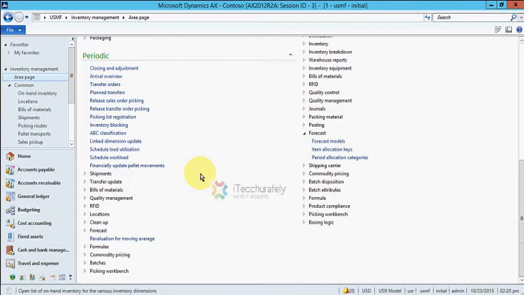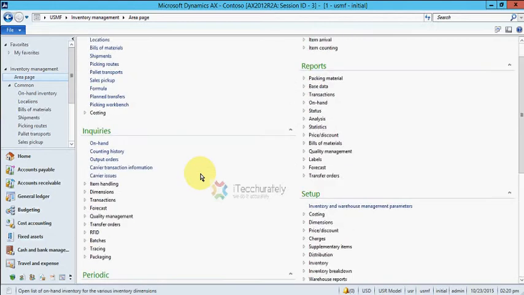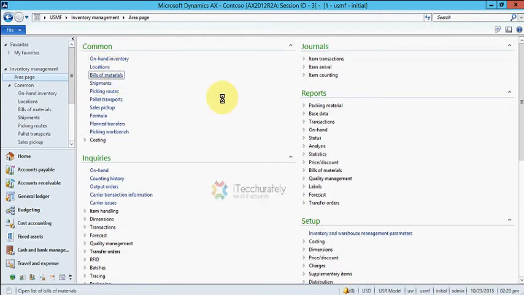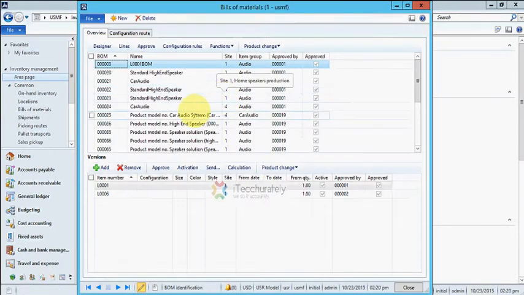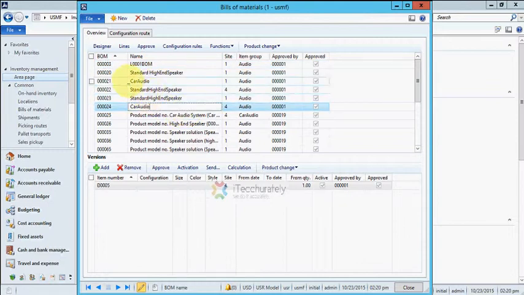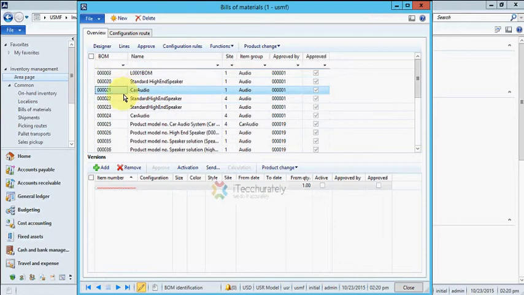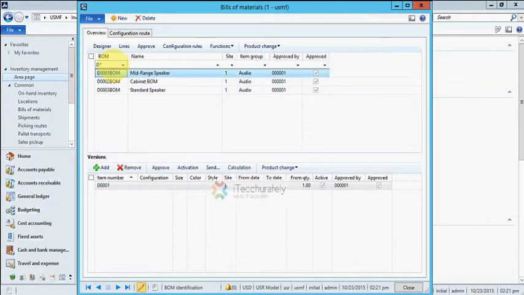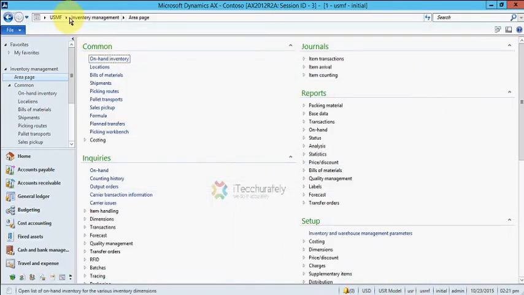We can do the bill of material here, and the item ID is Control G. We can have a couple of bills of material for this, so we can easily do it.